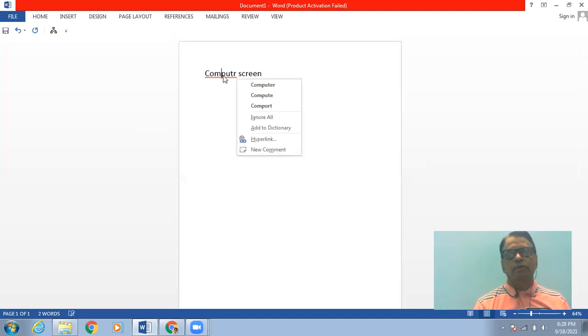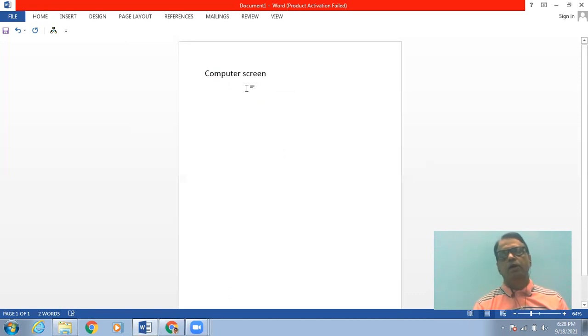Even if I simply click on this word and right click my mouse button, there are different options provided to me. So I will have to select the appropriate option. And when I select the appropriate option, you will find that my word will be corrected, and now the underlined message will be removed.